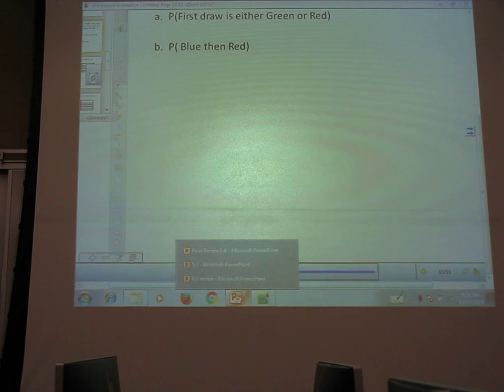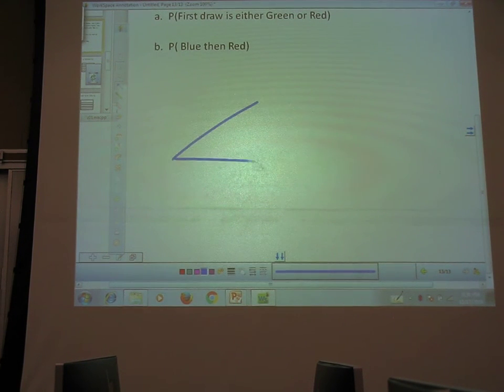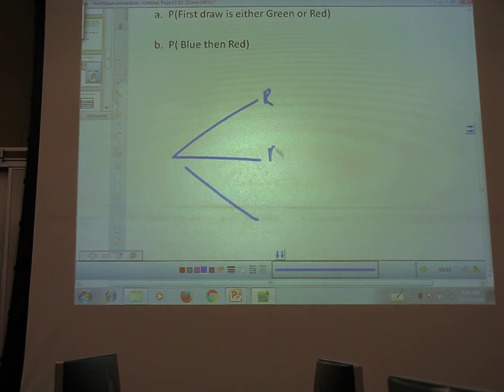So how many options do we have for the first draw? Yeah, red, blue, green. And what's the probability of each of them? 2 out of 11, 4 out of 11, and 5 out of 11. Great. Now, when you draw